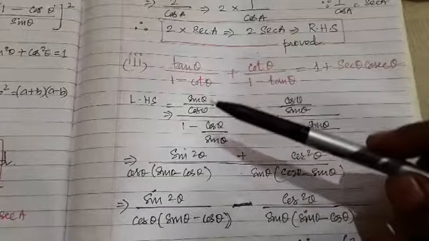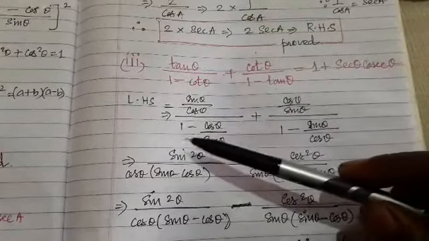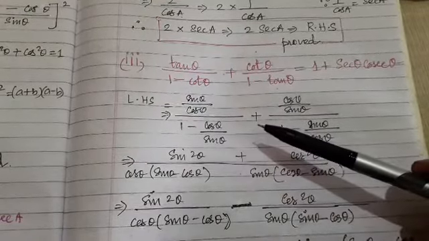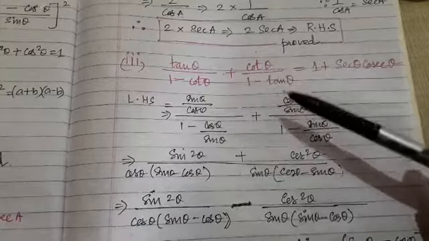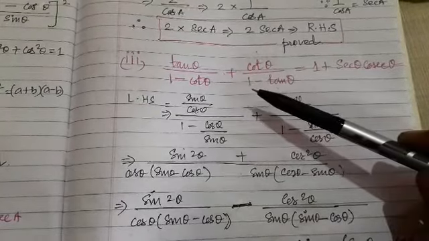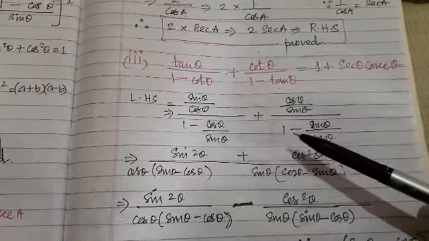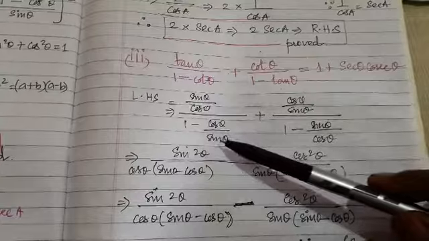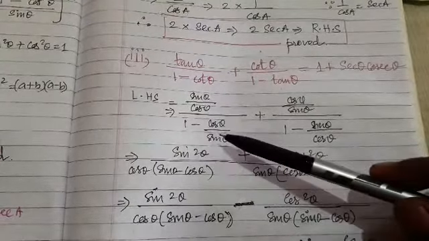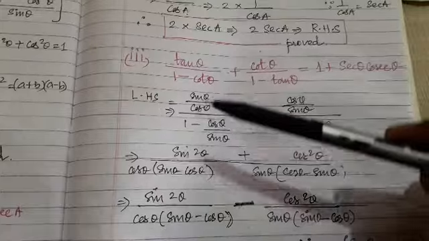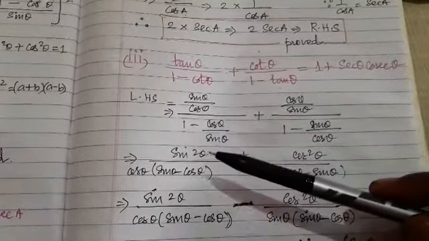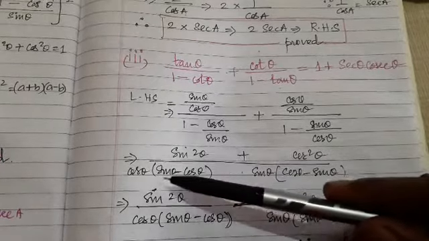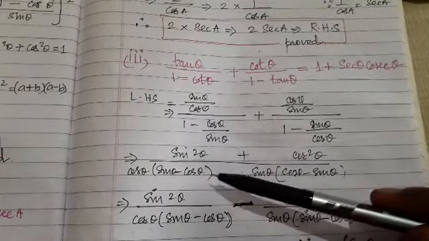So I am converting tan theta as sin theta upon cos theta, and the denominator 1 minus cot theta as cos theta upon sin theta, plus cot theta, here it is cos theta upon sin theta, and once again in the denominator 1 minus tan theta, so 1 minus sin theta upon cos theta. Then I am simplifying here, taking LCM, so it will become sin minus cos theta upon sin, this sin will be reciprocal there, so it will become sin square theta upon cos theta into sin theta minus cos theta, this first part.